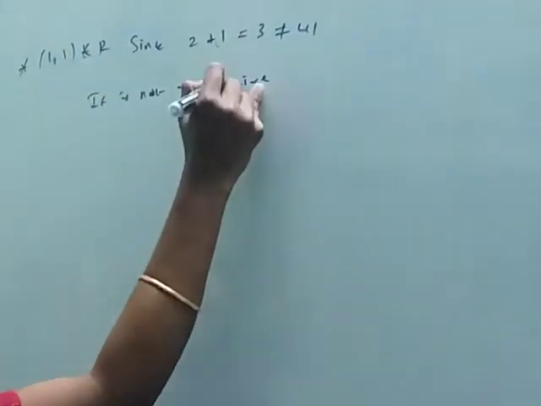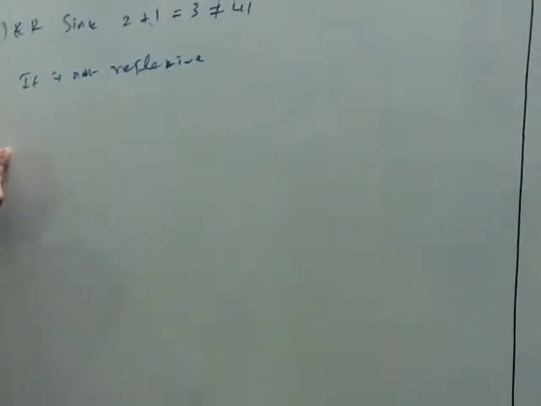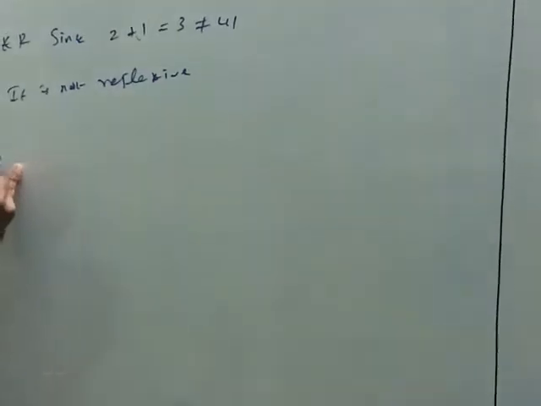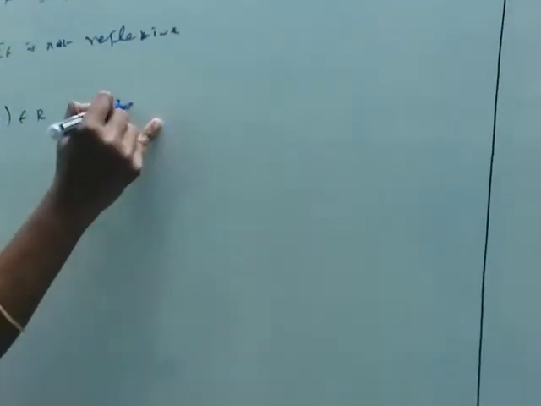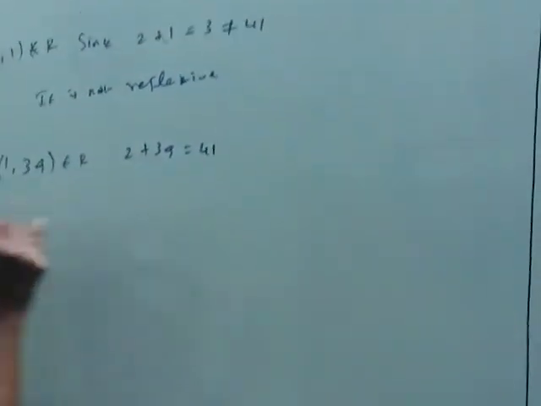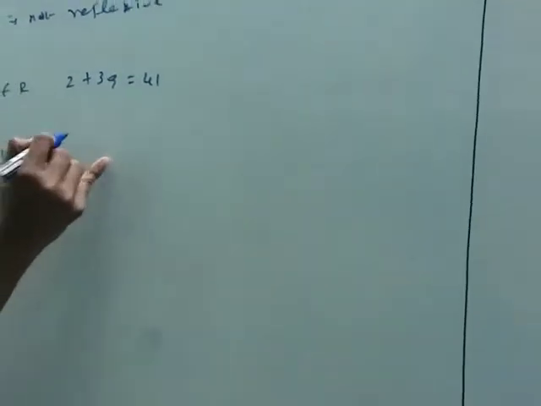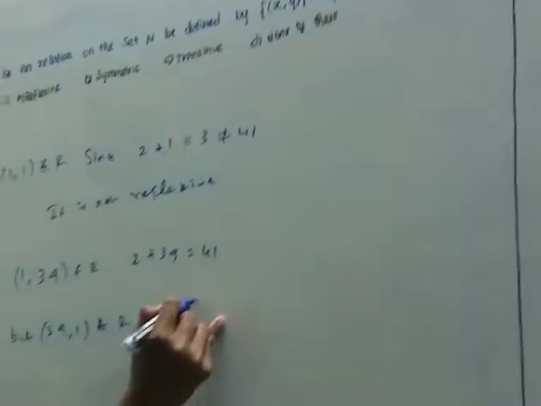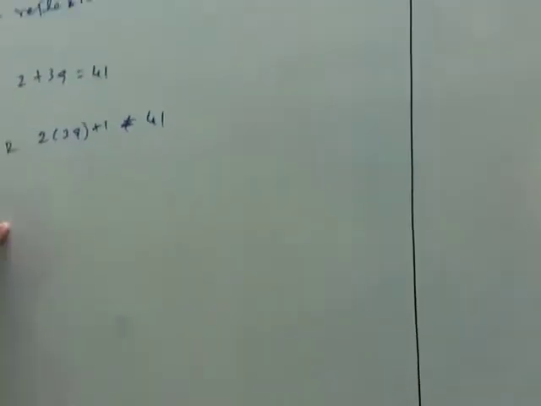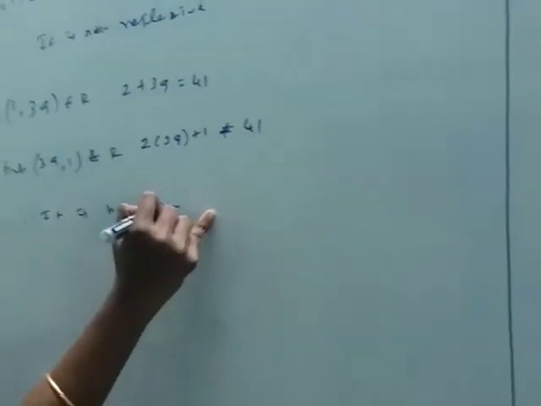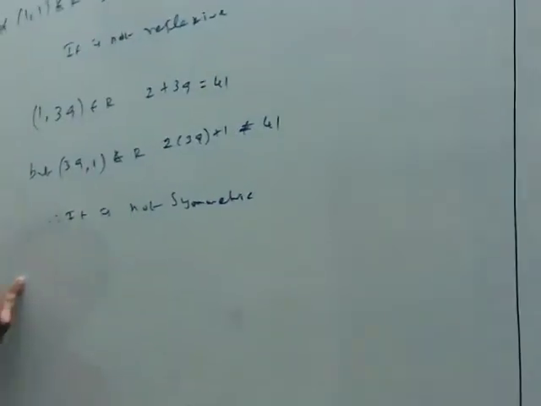இப்படி check பண்ணாலே போதும், okay? So second வந்து symmetric. Symmetric means you are substituting some value. 1 comma 39. 1 comma 39 belongs to R, since 2 plus 39 you get 41, okay? But 39 comma 1 does not belong to R, since 2 into 39 plus 1 is not equal to 41. Therefore it is not symmetric. So one of the condition is symmetric இருக்கிற மாதிரி ஒரு numbers எடுத்துட்டு அதுக்கு opposite இல்லைன்னு மட்டும் நீ காட்டினா போதும், okay?